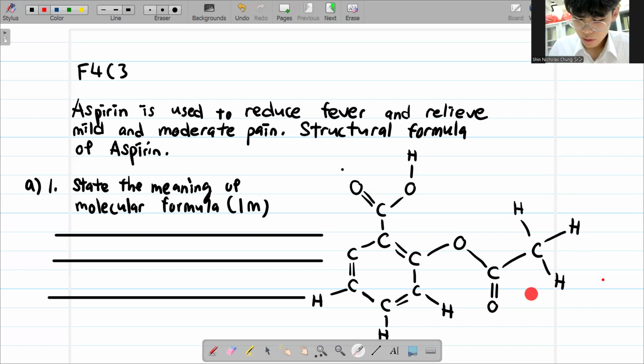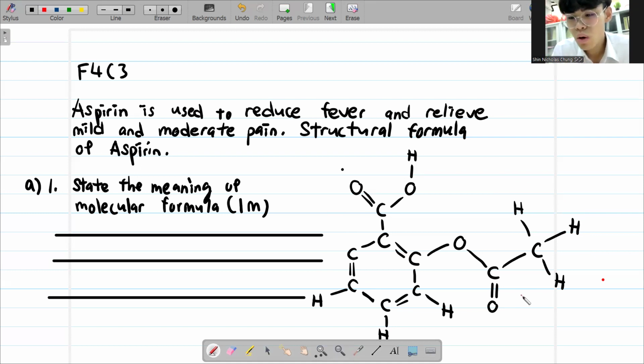Then this is the structural formula. Please don't get confused. Just steady. The moment you notice this, don't be stressed, don't panic, just relax. Next, state the meaning of the molecular formula. Molecular formula, we already know. The answer is, of course, a chemical formula that shows